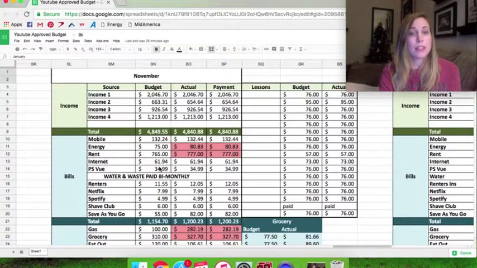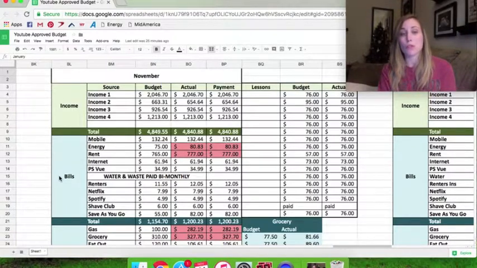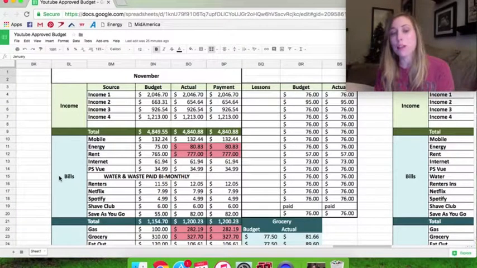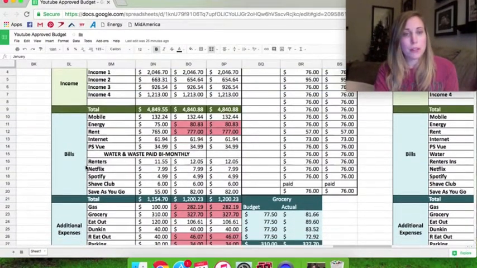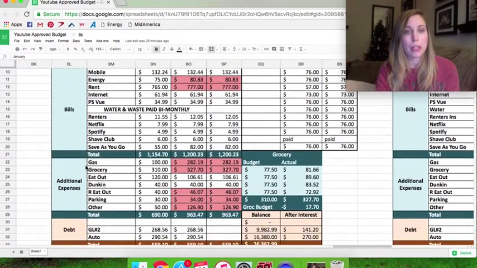So let's go down to our actual bills. Moving on from here, it is going to reflect how much money it's going to take for us to live within the month, and then you'll notice at the end we will subtract how much our month cost from how much we earned. So let's go down to bills. Right here on bills, it is in blue, and I'll scroll down so it's at the top of the